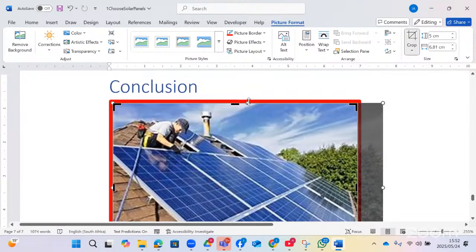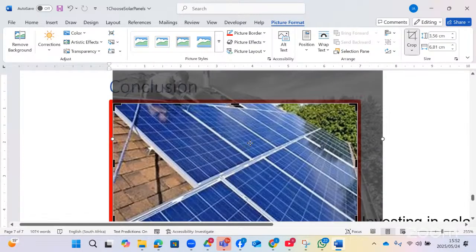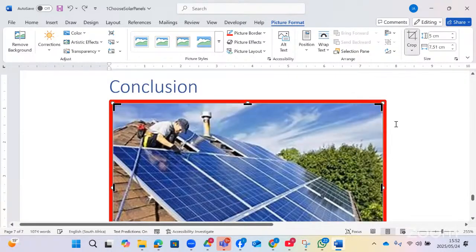Let's say we don't want the person there. We can crop it. Good. Then when you are done cropping, you click here. Now I don't want to crop. And then again,